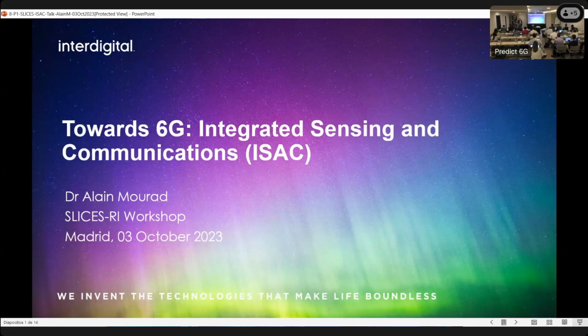I'm not in Slices, but I'm a committed member of Fivetonic. We see the significant value of experimental research. We have been with Fivetonic from the very start of it. And as Juan Carlos said at the start in his presentation of Fivetonic, we see the complementarity between Slices and Fivetonic. So congratulations on the Slices project, and we look forward to that collaboration, Slices and Fivetonic.